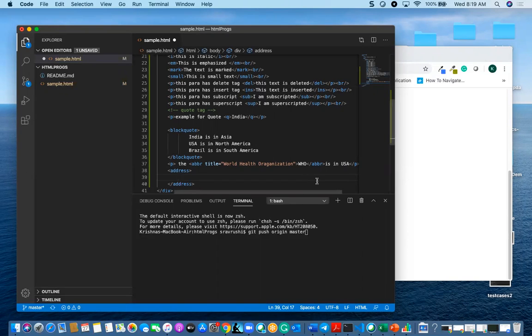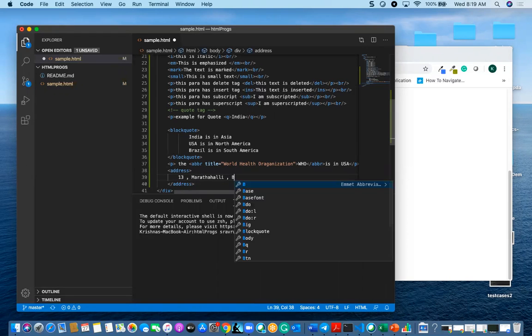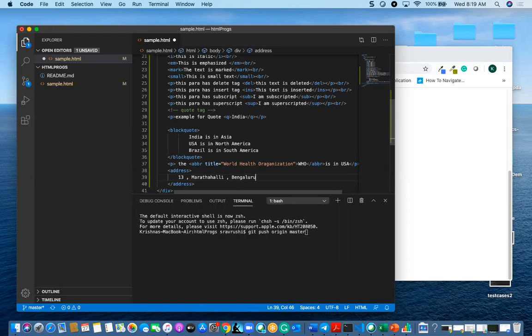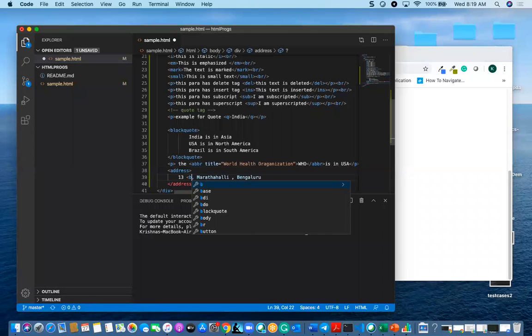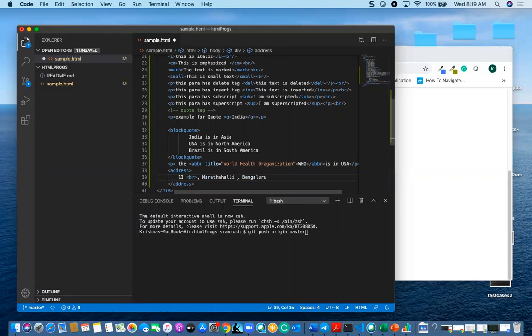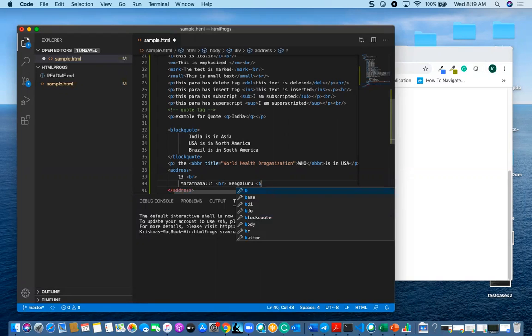So if you are taking some return, okay, number 13. So I'm going to break all this here. Specifically, this is for mentioning an address. There is nothing much it will do.